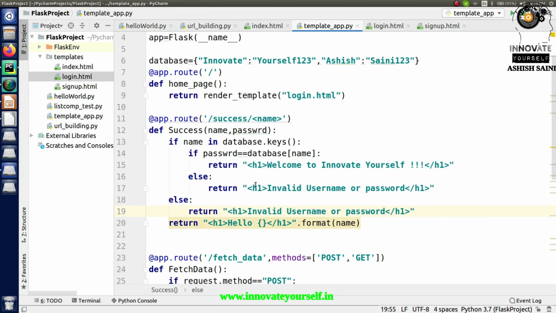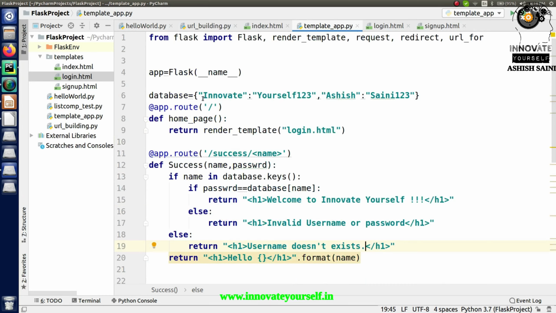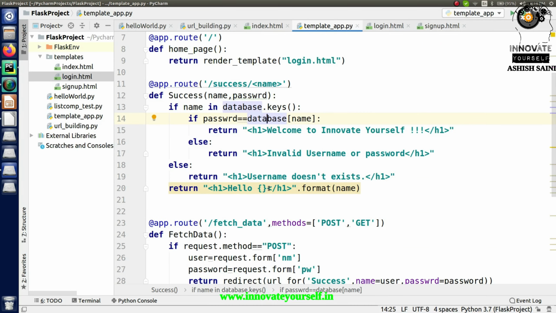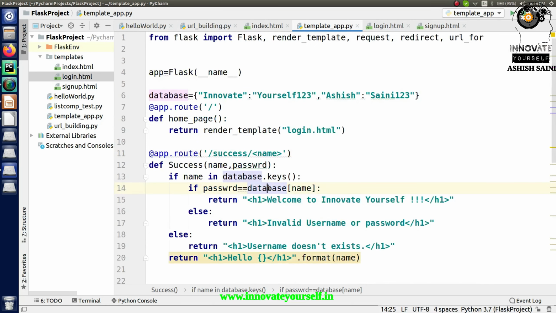So if in case the username does not exist, you can simply print a message, let's say username does not exist, right? So this is how we can do this part. So this is all about the login part. When you already have some database with you, when you already have the username and password with you and you want to log in, in that case you can do it this way, right? So let's work and check up to this point, and after that we will shift to that sign up part, right?